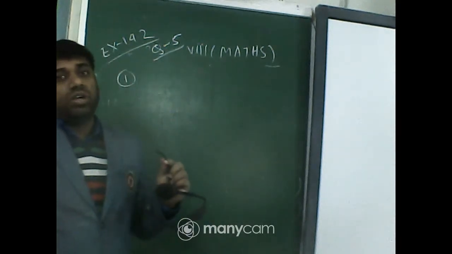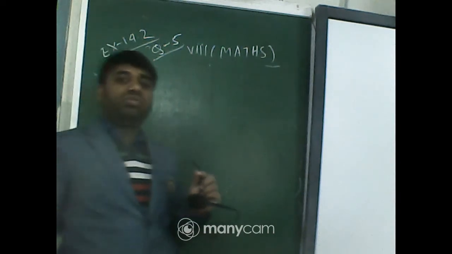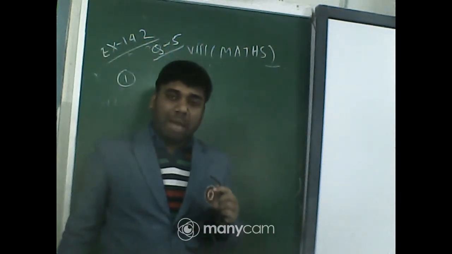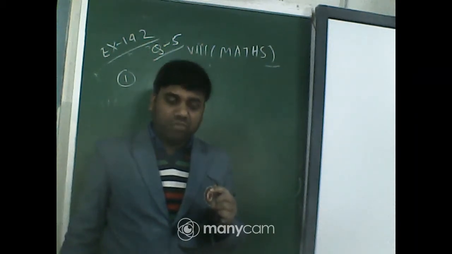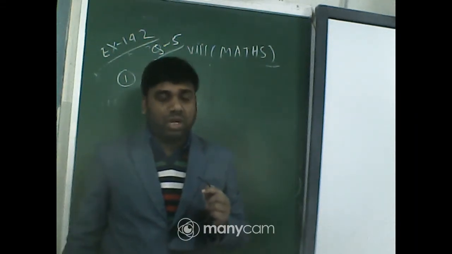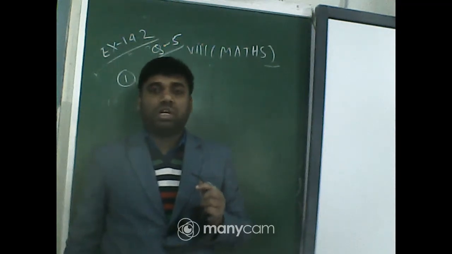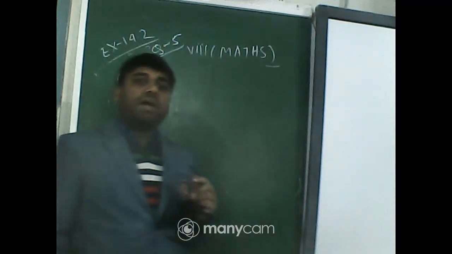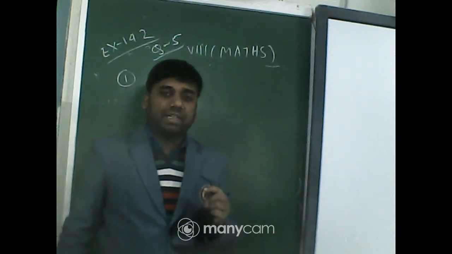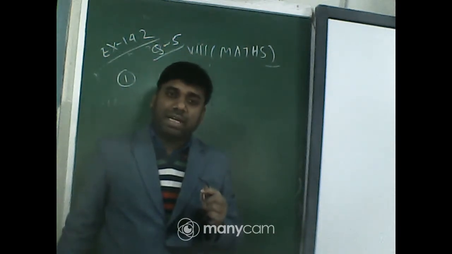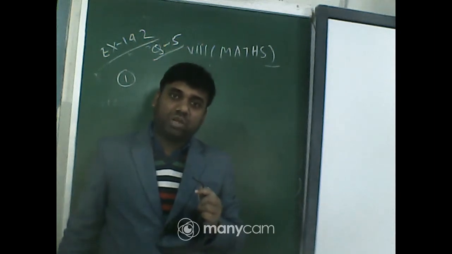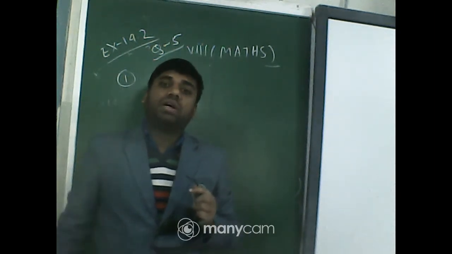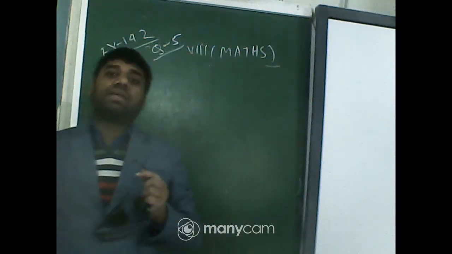In this video, we will learn how to factorize an expression when we cannot apply the a minus b whole square formula, the a plus b whole square formula, or the a square minus b square formula. If an expression cannot be factorized using those formulas, we will factorize it by using the process of middle term factorization.